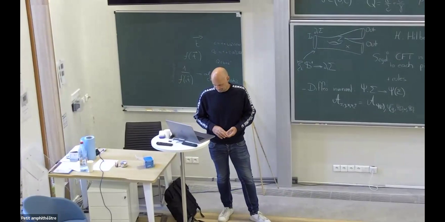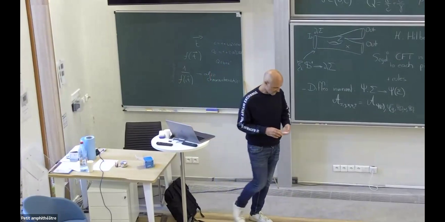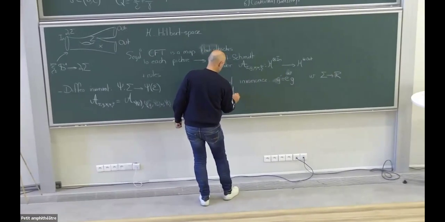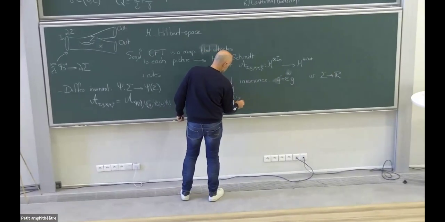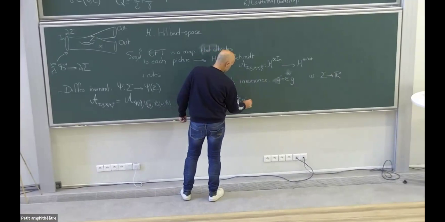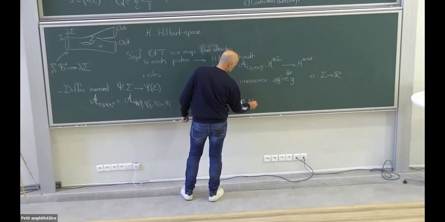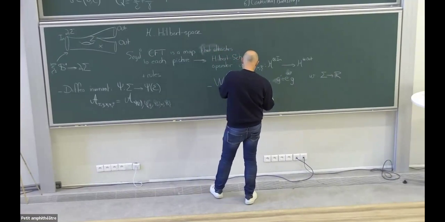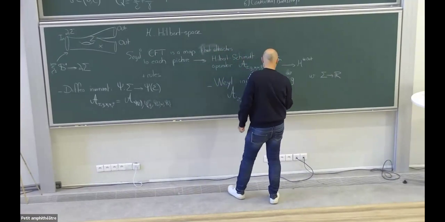If you look at A of sigma, G prime, X, alpha, psi, it has to be equal to